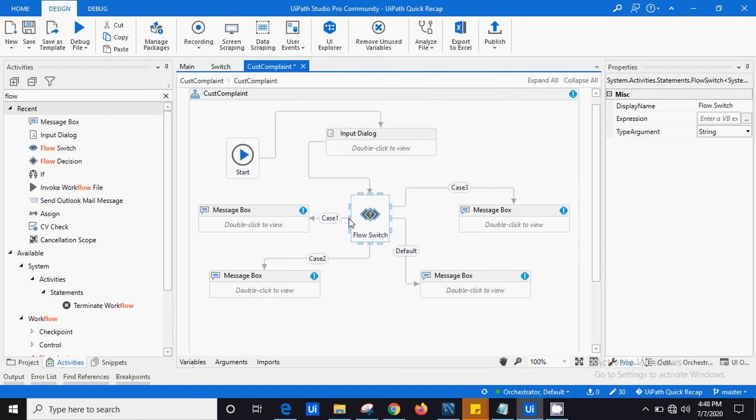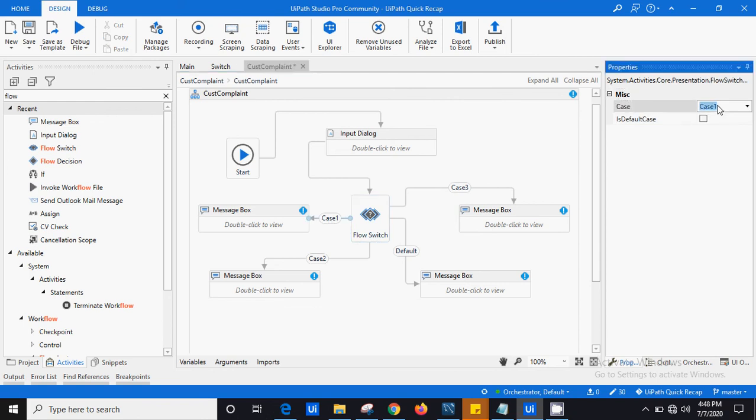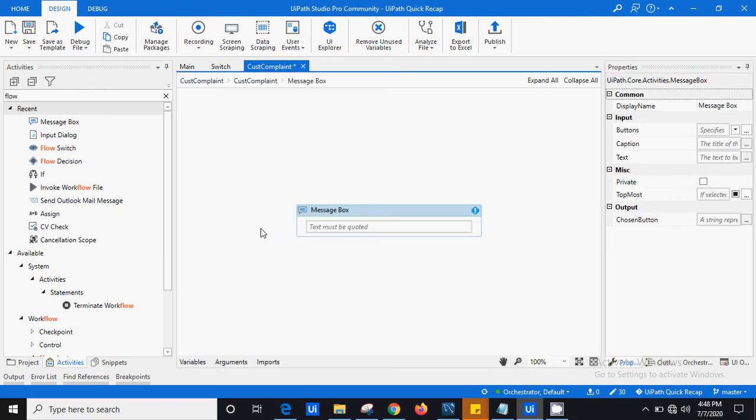Fine. Let me define case one. If the item is, say, mobile, and here you should not put it in quotes. By default you have mentioned the string, so you should put this without quotes. Let me type something here: redirect to mobile department.